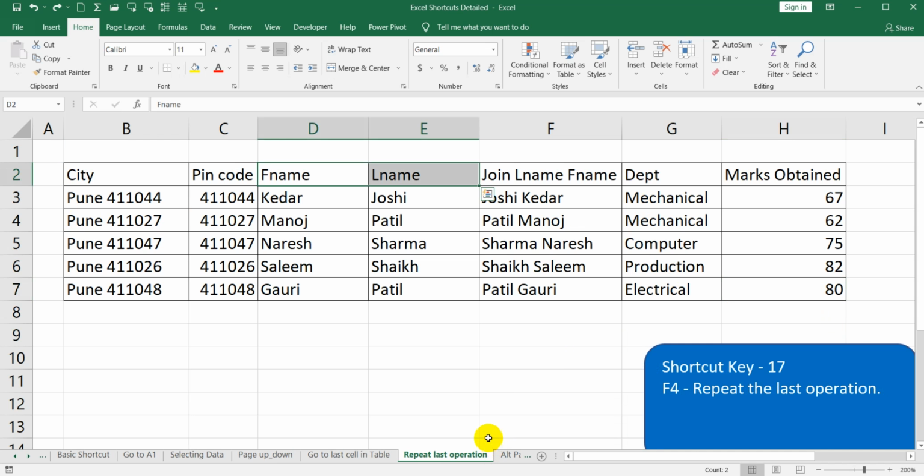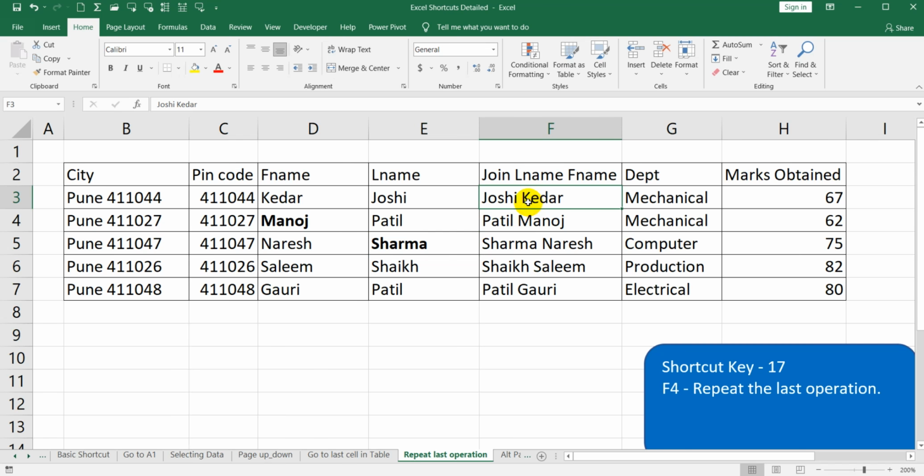Move on to the next command, that is F4. Let's consider we make this operation bold, and now you want to repeat this operation in the next cell. If I select this one, then you can simply press F4, and with F4 the bold is applied there and the operation is repeated.